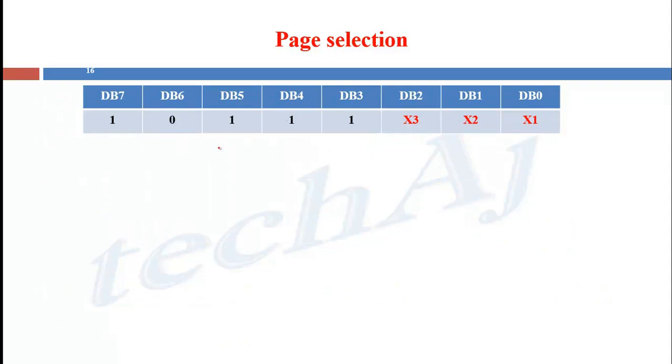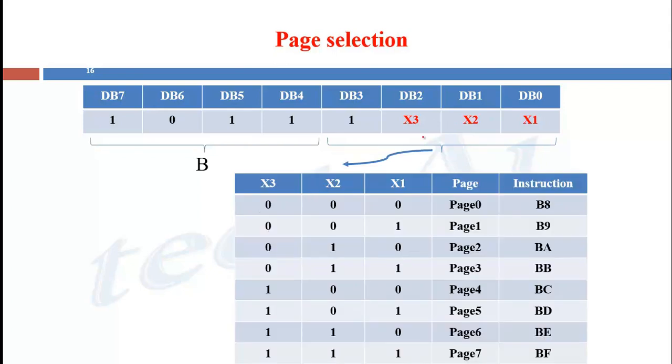So if we convert this value into hexadecimal, the upper 4 bits become B, and for the lower 4 bits, the value of these 3 bits can be written in the form of a table, where when the lower 3 bits are 0, the command is B8, that is the command for selection of page 0. Similarly, when these 3 bits are 0, 0, 1, the command becomes B9 and page number 1 is selected. So in this way, by sending the appropriate command, we can select a particular page.